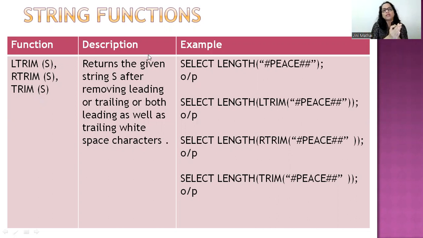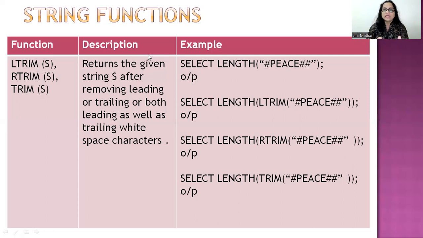It will remove all that. What will rtrim do? Rtrim will remove all spaces from the right side of the string. And what would trim do? It would do what both ltrim and rtrim do. That is, it will remove white spaces from the beginning as well as from the end. Note here, I want to mention, none of these functions are going to remove spaces from the middle